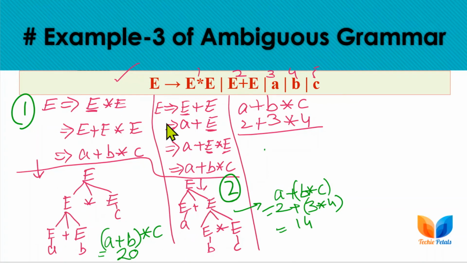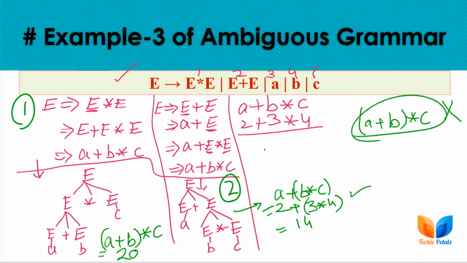So we can say that this grammar is ambiguous, as it may lead to an incorrect result, since we need to perform multiply first, then addition. So we cannot follow this rule. So this grammar is ambiguous and may lead to an incorrect result such as 20. If we go with this production rule, then we have a plus b, meaning we are performing plus and then multiply. So this is not the perfect approach. Here the results are changed. So we can say that the ambiguous grammar is not resulting in the correct output.